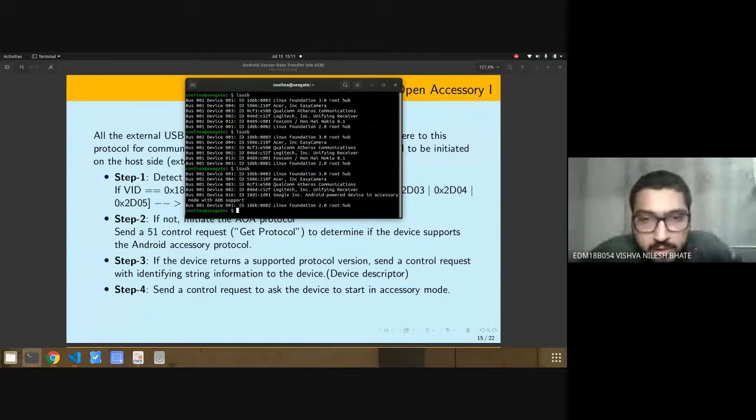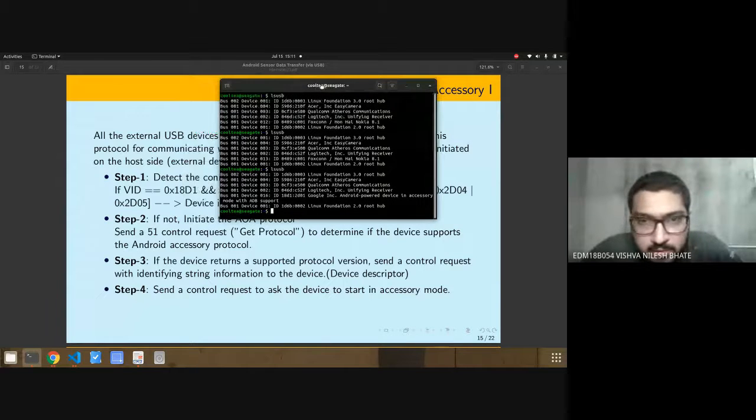Yeah, right now you can see this is already in accessory mode. Earlier you can see that the VID and PID was something else, 0489C001. So this was a different VID and PID.